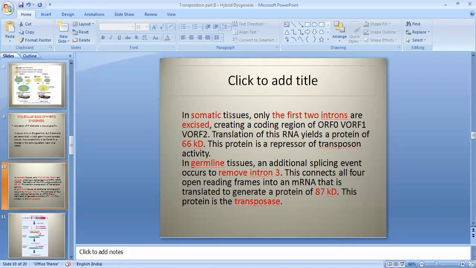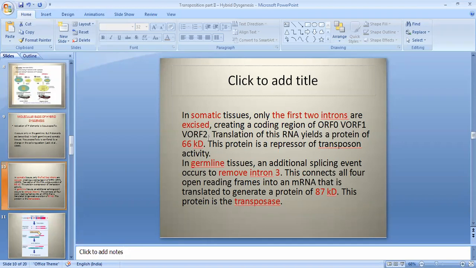Yes, in somatic tissues, only the first two introns are excised, creating a coding region of ORF0, ORF1, and ORF2. ORF3 is missing, and this causes the production of a 66 kilodalton repressor. Now going back, just remember that in germline tissues, all the introns get removed,